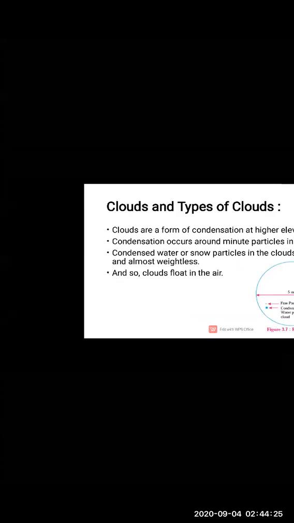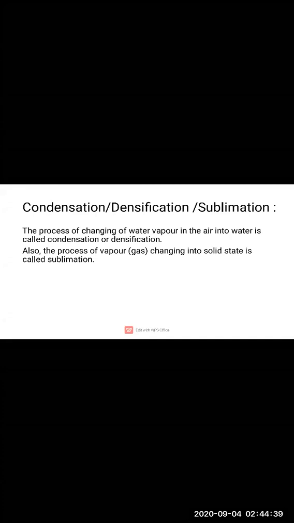Before starting this, we are going to consider two examples, children, to understand the formation of clouds and their types. We need to understand two or three points related to it, so we are going to study with the help of examples. Here, we are going to see what happens when we boil water in a container.